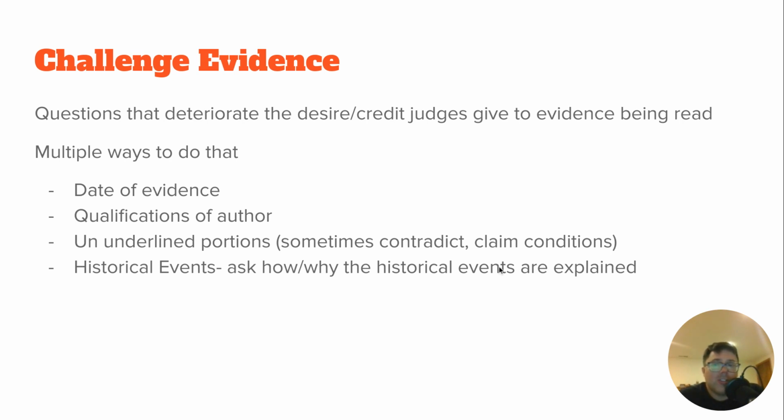One of the things I really like to do is this next one, which is look at the ununderlined portions of cards. Debaters sometimes are a little haphazard or quick to cut a piece of evidence, and they don't always read all the ununderlined portion of the piece of evidence. And in that ununderlined portion, there will often be things that just straight contradict the claim that the team is making. And sometimes it will provide additional context to why the claim is true. And you can talk about how those conditions are no longer relevant. And therefore, the truth claim that is being made by the team is no longer relevant. And so this is a good time to start making those questions.